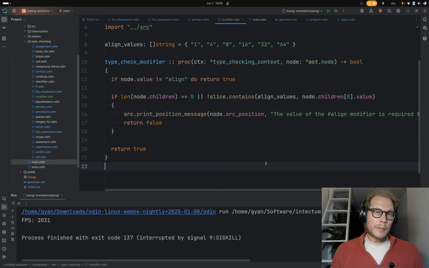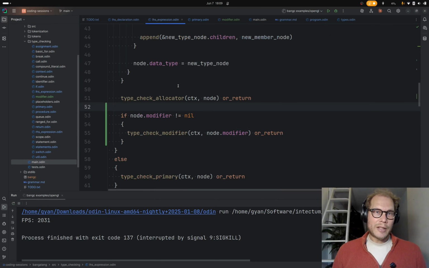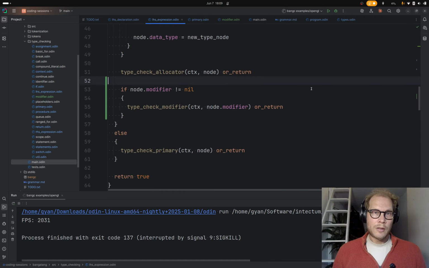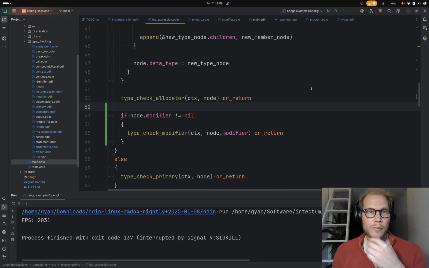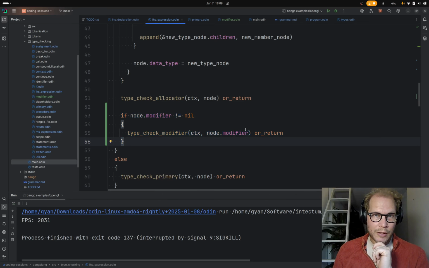So we just need to make sure that if it's stack allocated, that we don't do align. So I guess that only makes sense on the left-hand side expression. So here we're checking specifically the modifier for the value, not for the type.